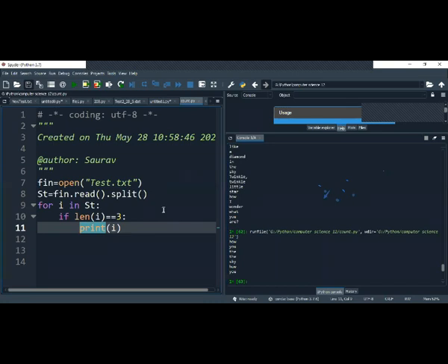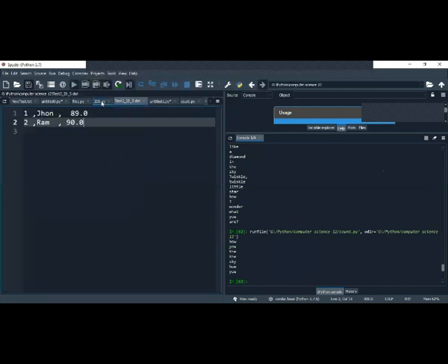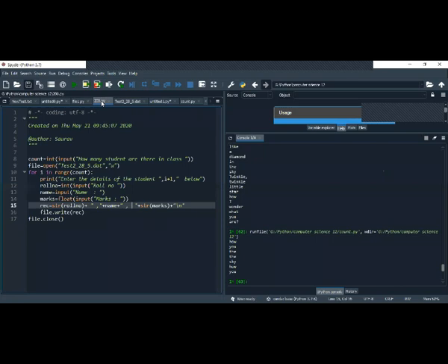Now comes the second question. Yes, again, who is this? Sir, you were saying how to read all lines using a for loop. Well, yes, that's what I just showed you, that I want to read all of them.